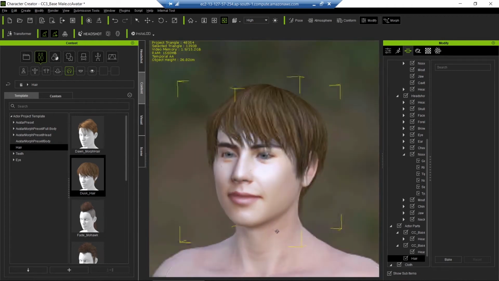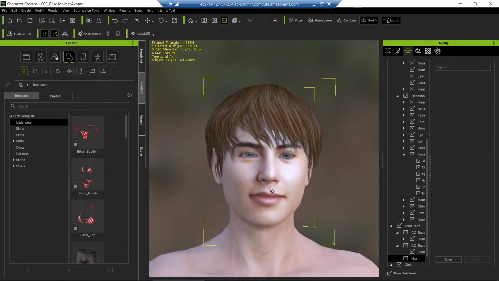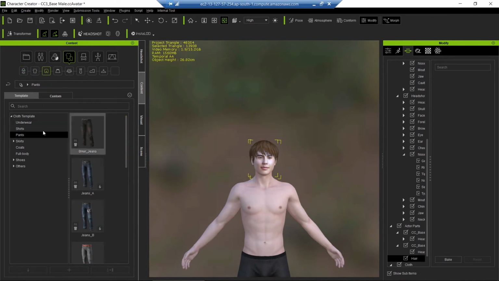Okay, so this is the hair we have applied, and the teeth are done. This one is done. Now we are going with the clothing. So this is the basic clothing that we have to use all the time. But if you are looking to apply some clothing and see exactly how you will look, then you can try these ones. I will give you an example.